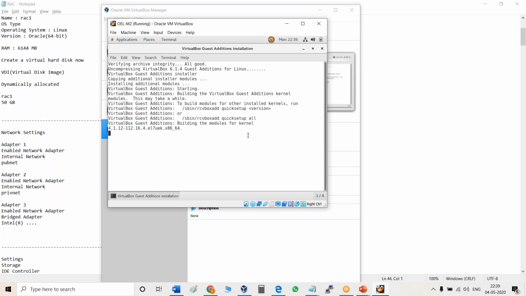After installing, reboot the machine and your mouse will be free. So every time you don't require the right control key to release the mouse from host to virtual, virtual to host. That is very difficult. I hope you know this or you don't know this.